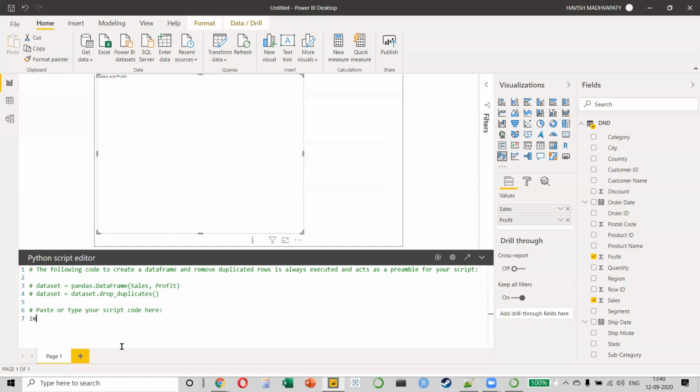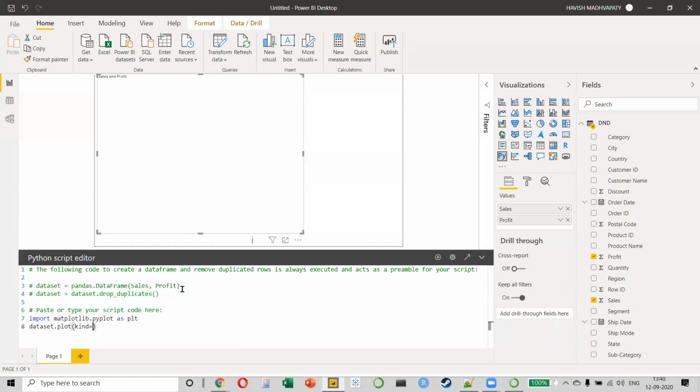So we can now say, let's say, import matplotlib.pyplot as plt, and then I can say dataset.plot. So which type of plot do we want?